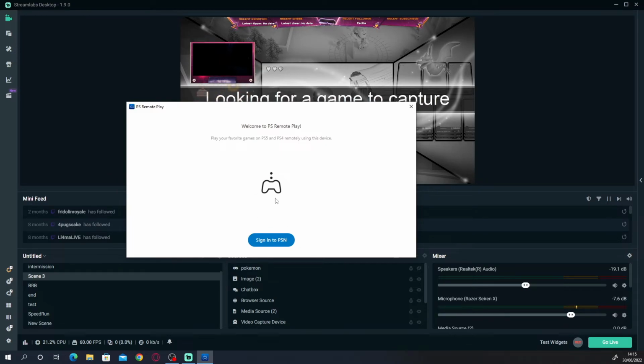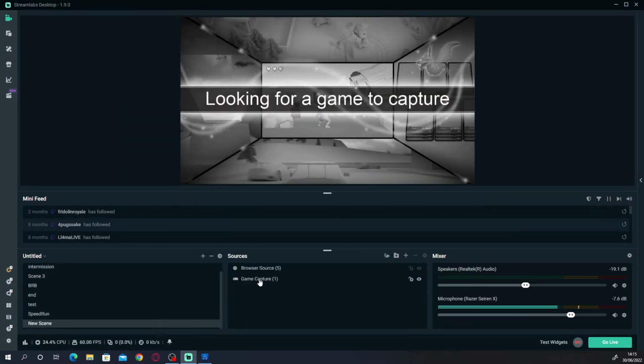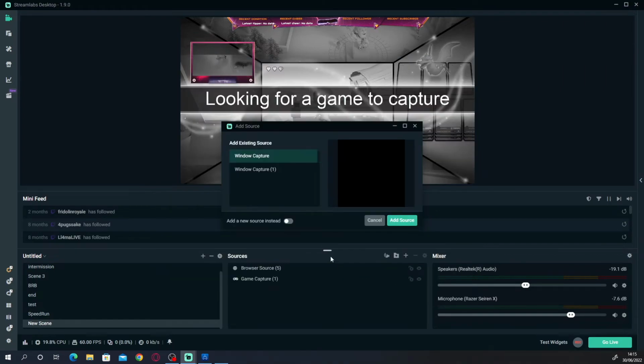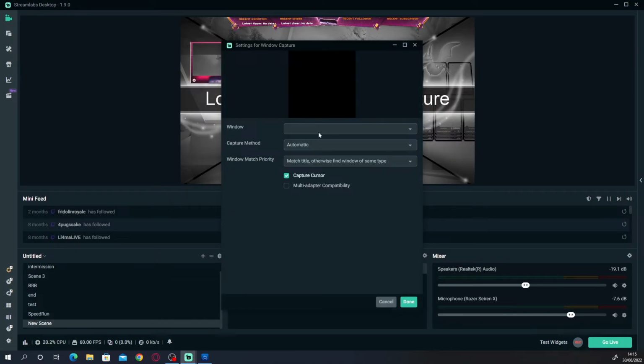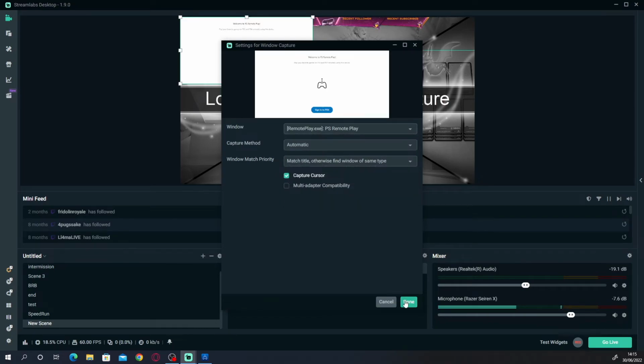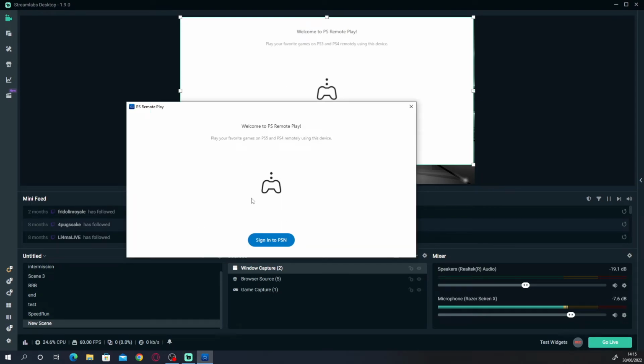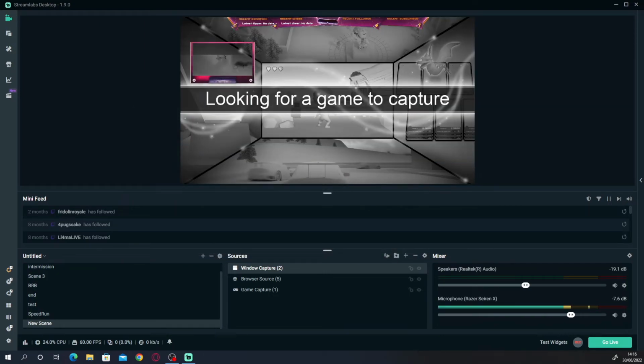So once you want to stream a console, what I would suggest doing is setting up not a game capture, but either a display capture and put it on full screen, or a window capture and just select the window. So for me, it would be PlayStation Remote Play, and you'd put that in full screen, and then you'd play like that and stream it. So either use PlayStation Remote Play or the Xbox app, because the Xbox app has always had